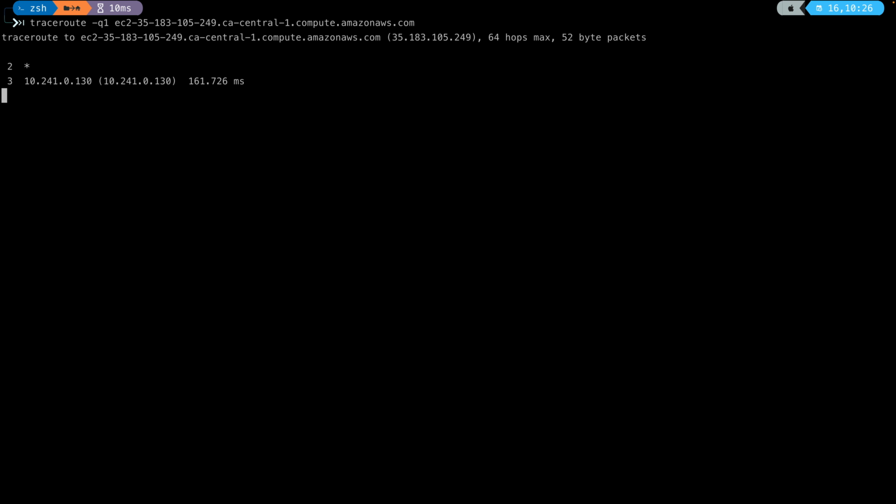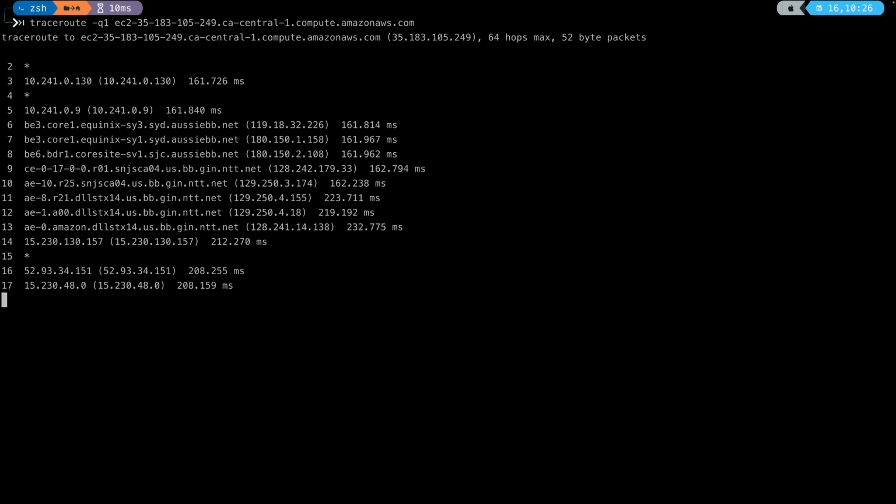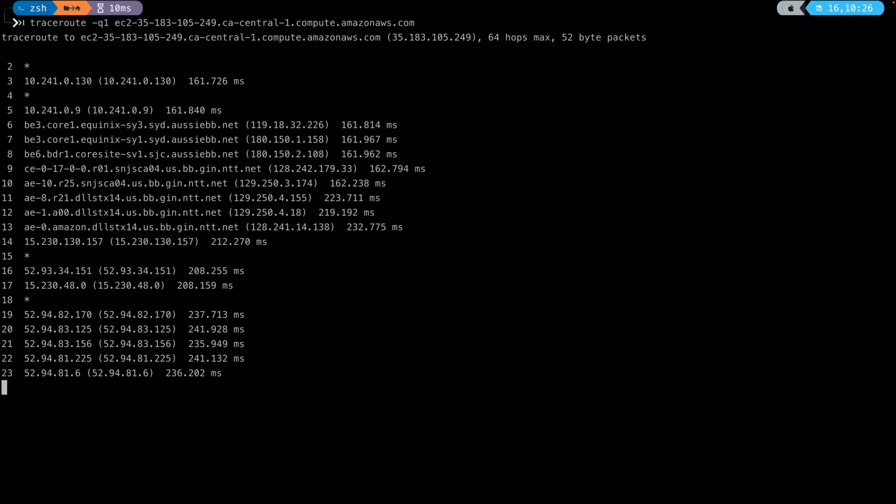And if it's anything like mine, because I'm going from one continent to another, it's going to have a large number of hops, and in my case it has over 200 milliseconds of latency. So that's a relatively long route for the traffic to flow through. Now I'm going to cancel this because it's not showing a number of the hops, but you get the general idea. It's showing at least 23 hops and over 230 milliseconds.